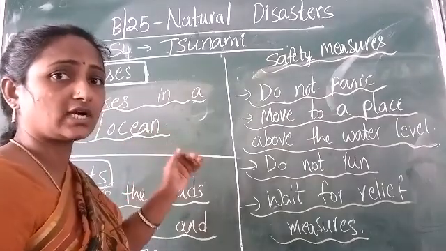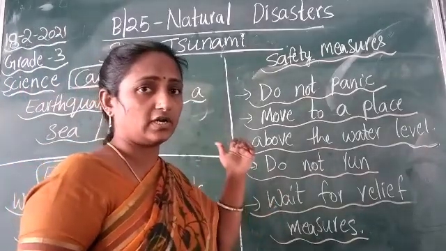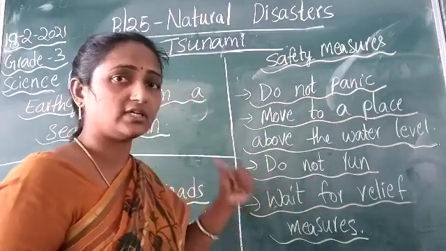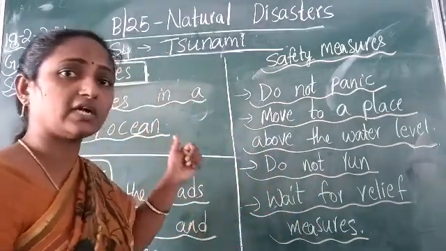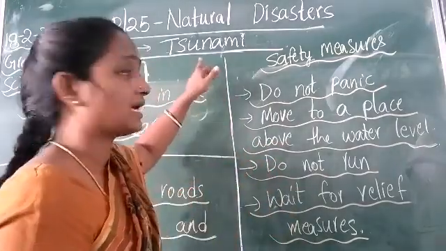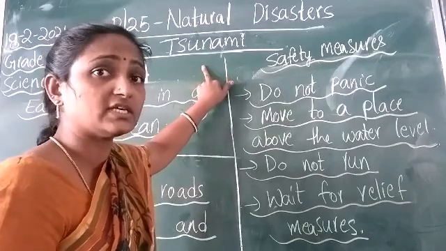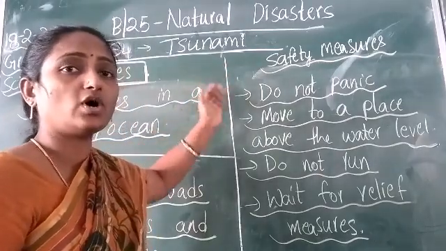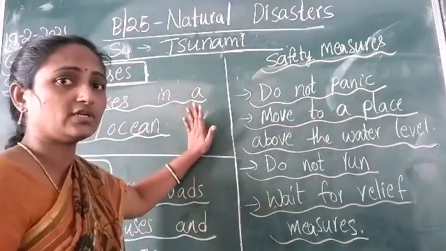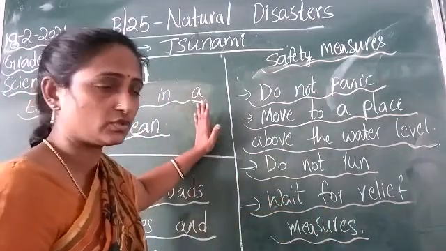The earthquakes which occur on land, we call it the sudden release of energy on a land part. We have learned that it is an earthquake. But when it occurs in seas or oceans, we call it a tsunami, which results in the flow of water onto the land. So these are the major causes of tsunami.